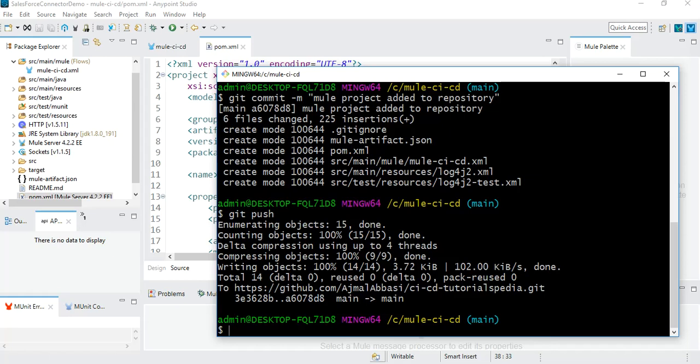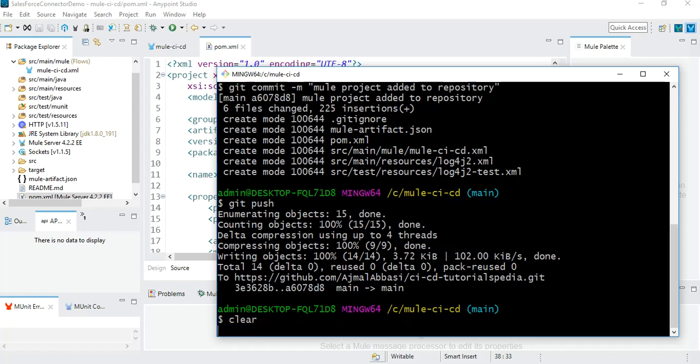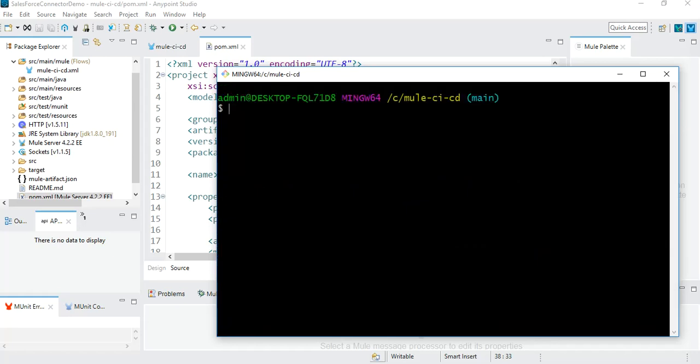So let me create a new file and edit. Let me clear it. I will just create a new dummy file and commit it. Echo dummy file is the content, and I write it to dummy.txt,